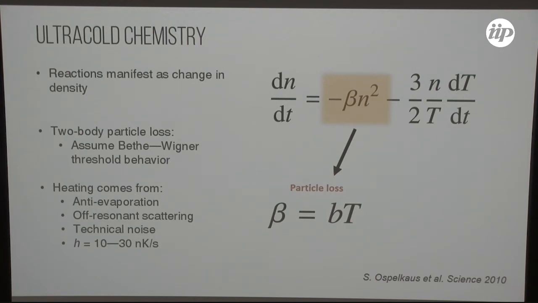And moreover, since we are in a trap, there is going to be a rearrangement of the density. There is going to be a volume change, temperature change inside the trap. So we have to take into account also a temperature change of the molecules. This is usually called anti-evaporation, but in our system there are also different sources of heating that come from the optical trap and so on. And what we see in the experiment, so we do an approximation in order to solve this differential equation and fit the chemical reaction in our system, we have to assume that the temperature increases linearly. In this way, when we put this in Mathematica, we can have a fitting formula.